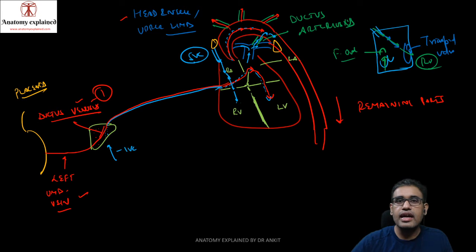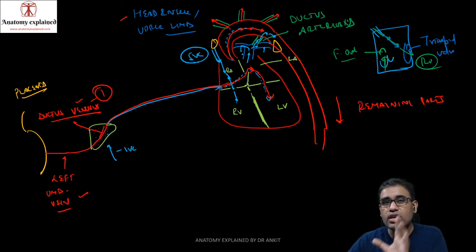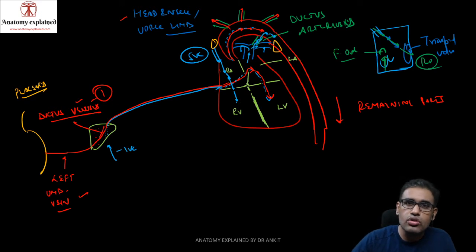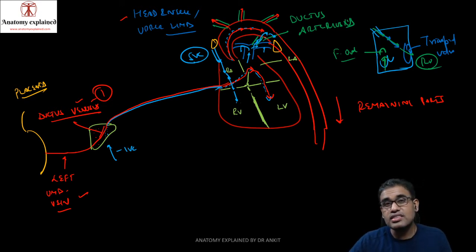So what we ultimately get is that again, the deoxygenated blood which is coming back from the head and neck goes SVC to RA to RV to pulmonary trunk. Now these vessels are having high resistance, so very little blood will go to the lungs, only that amount of blood which is required for the growth of the lungs. The rest of the blood goes into the ductus arteriosus, into the distal part of the aorta. Then it goes down into the remaining part of the body.